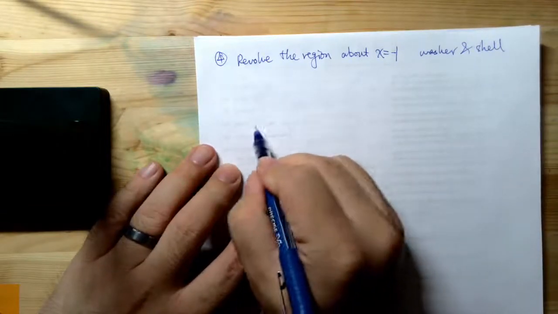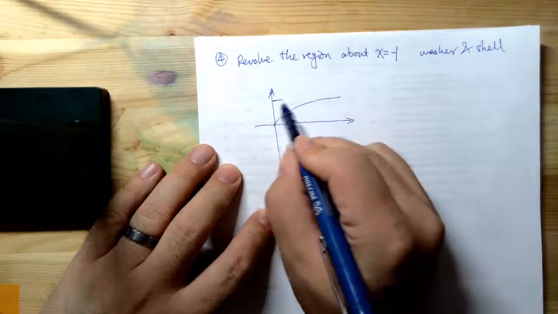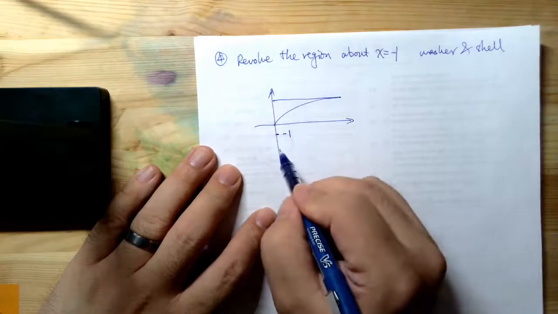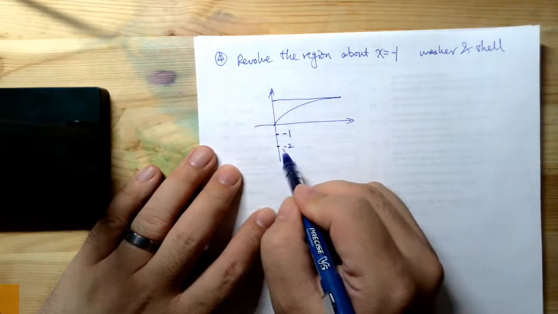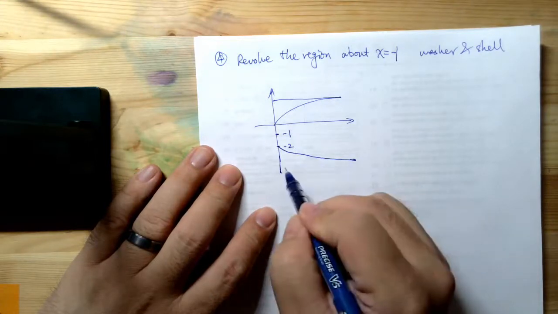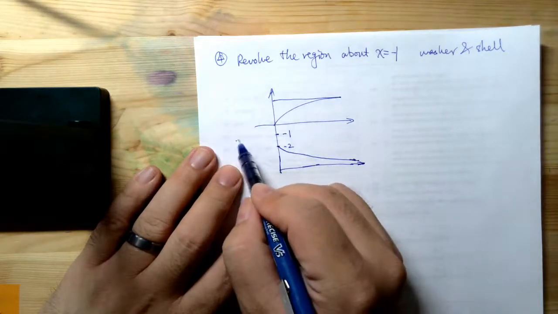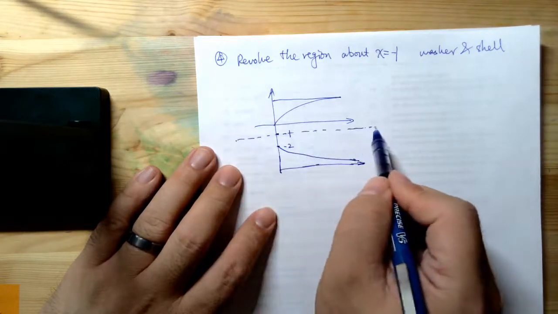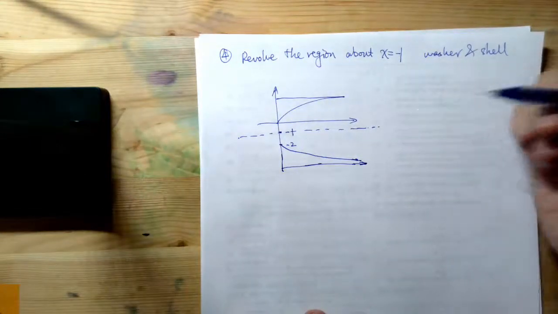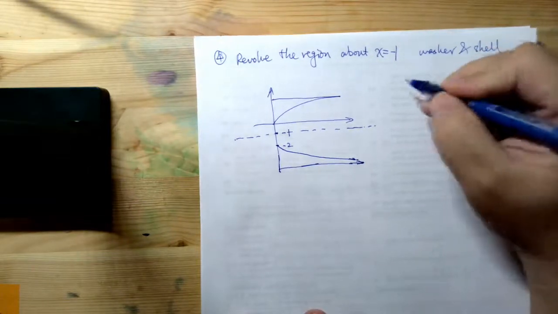Let's draw this again. Remember, this is, okay. So right now, this is -1. So it turns out that the graph can be something like this, okay? Because, again, bad drawing, okay, but you got the point. But right now you can see that if we were going to use the washer method,